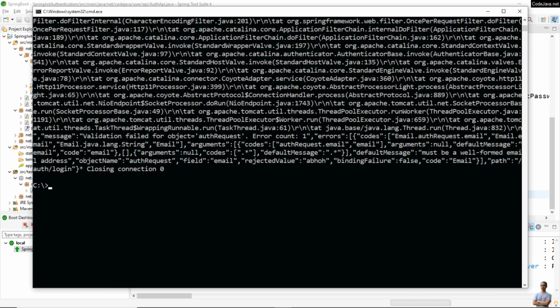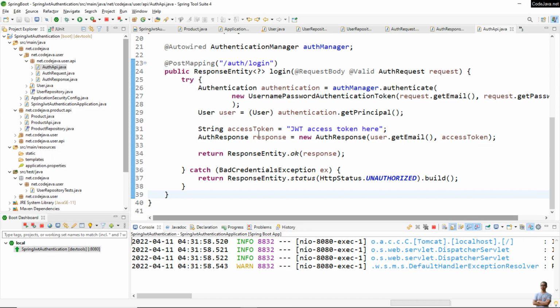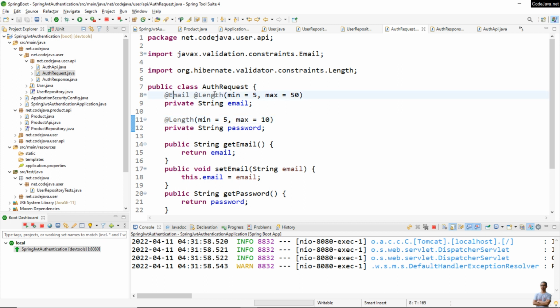You see here the rejected value, the value of the email here, code email. So you can see that's the result of using the email annotation in the AuthRequest class here, email and